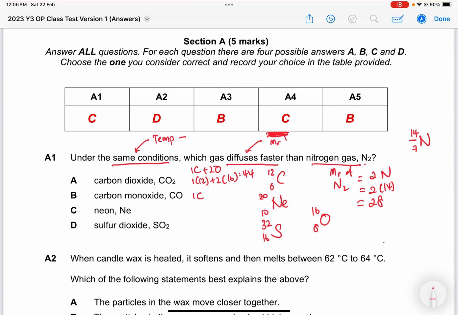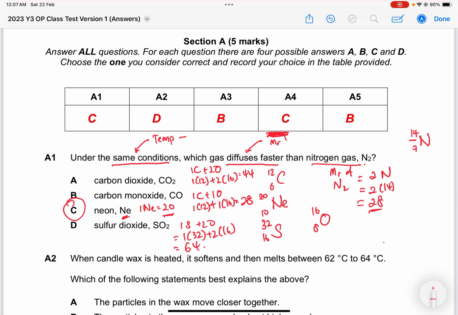Carbon monoxide is 1 C plus 1 O. This will be 1 times 12 plus 1 times 16. This will be 28. Neon, just alone on its own. This one, the Mr is just 1 neon, so actually this one is just 20. And the last one, sulfur dioxide, is actually 1 S plus 2 O. This will be 1 times 32 plus 2 times 16. This will be 64. Okay, so therefore the answer here will be C, because neon, Mr is 20, which is